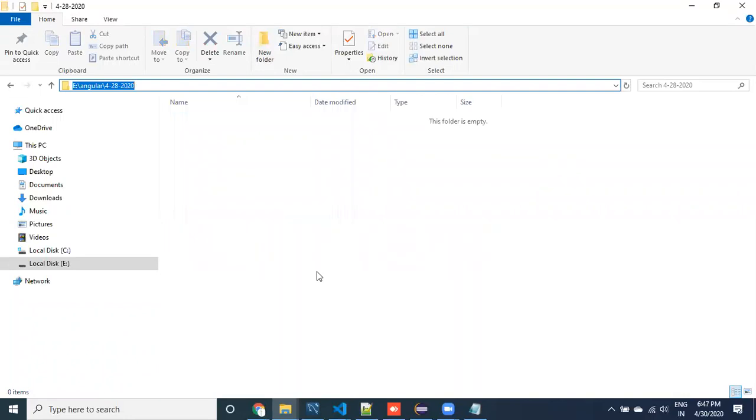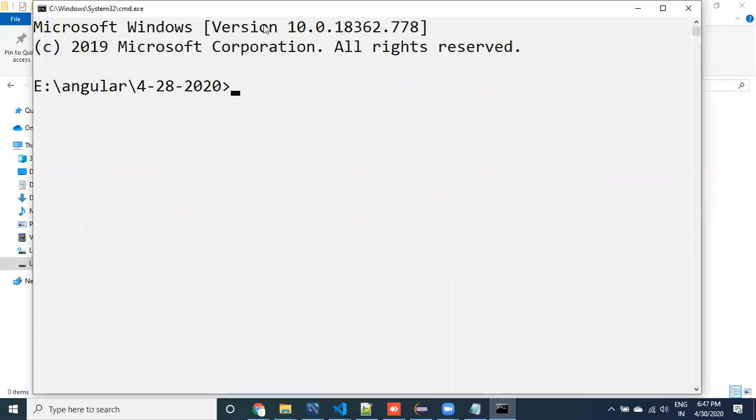Here I'm going to create my Angular applications as part of this course. Whatever examples I'm going to do, I'll use this folder, so that I can share all these things with you. Now, to create a project, I have to go to the command prompt, so I'll type cmd here and enter.